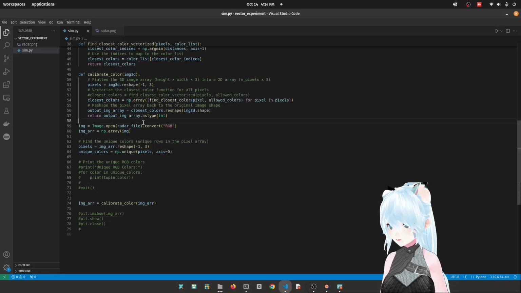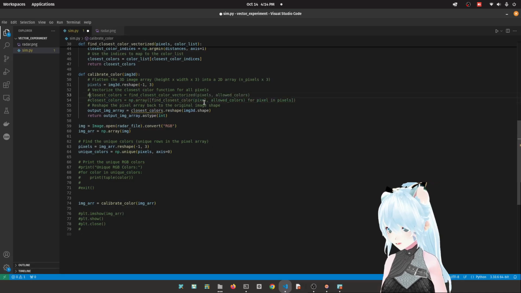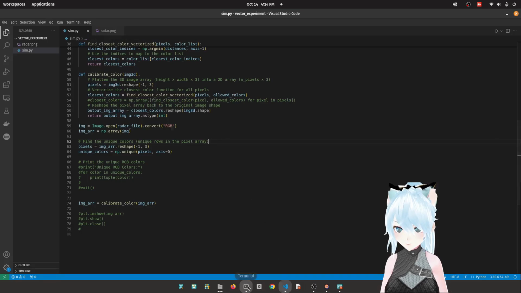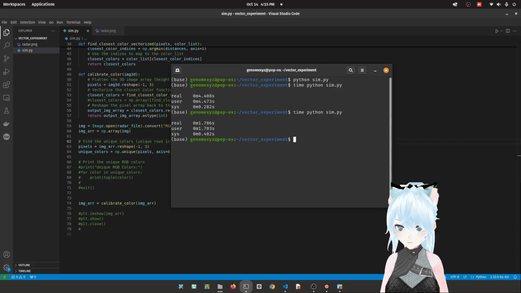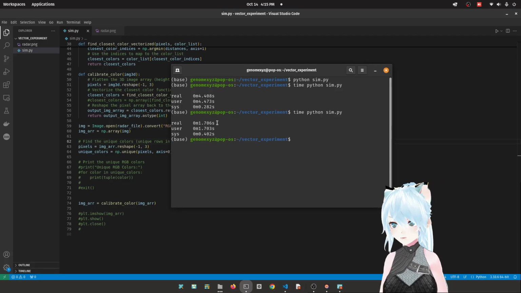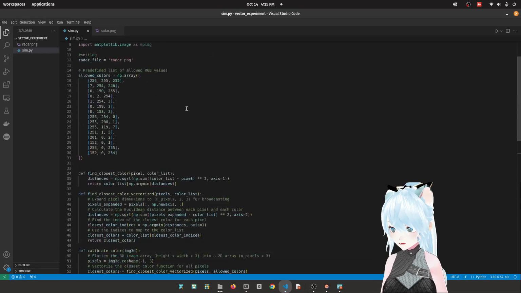Okay, now how about we use the vectorized version of the code. It's only 1.7 seconds, and as you can see here,